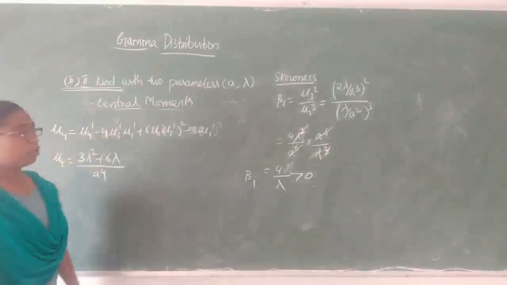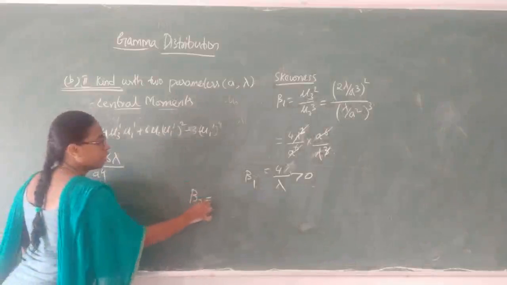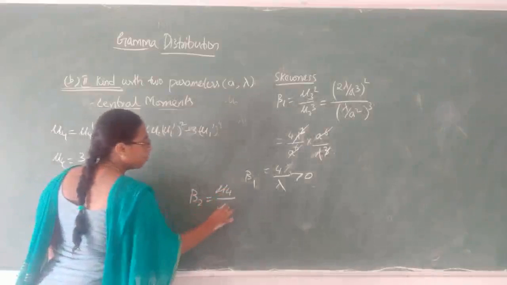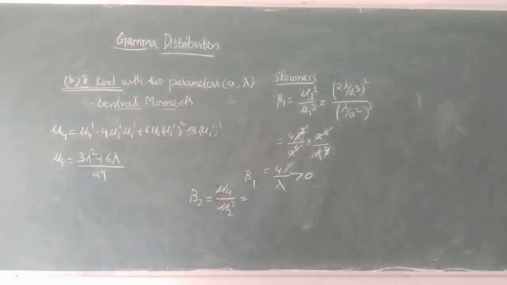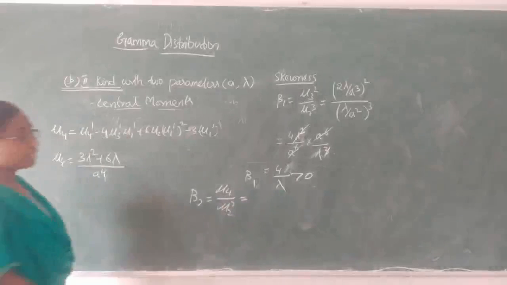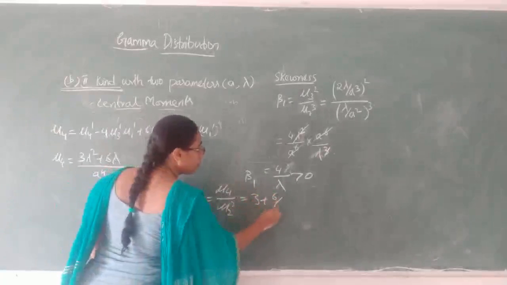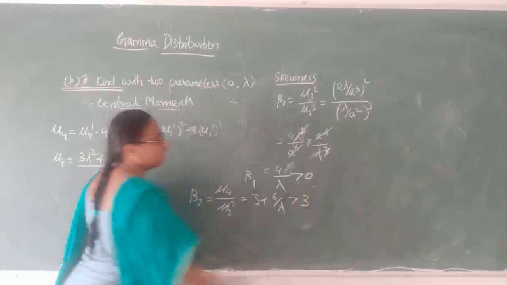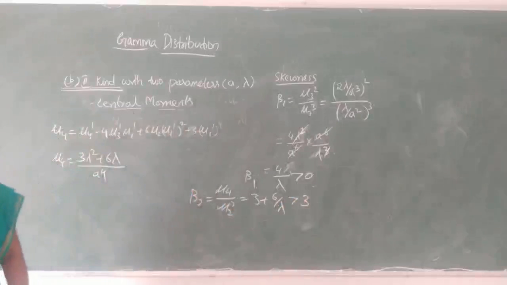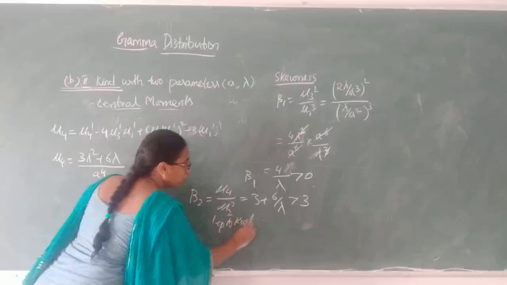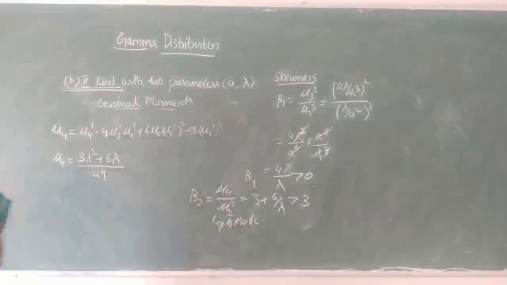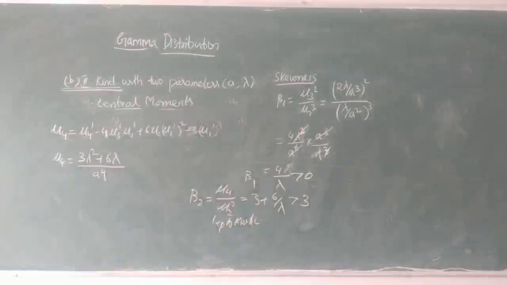Similarly, find the coefficient of kurtosis, that is beta 2, which equals mu 4 by mu 2 square. Substitute the values, we get the beta 2 value as 3 plus 6 by lambda. So it is greater than 3. Whenever beta 2 value is greater than 3, it is a leptokurtic curve. So the gamma distribution of the second kind is a positively skewed distribution with a leptokurtic curve. So the remaining topics, that is MGF and the remaining